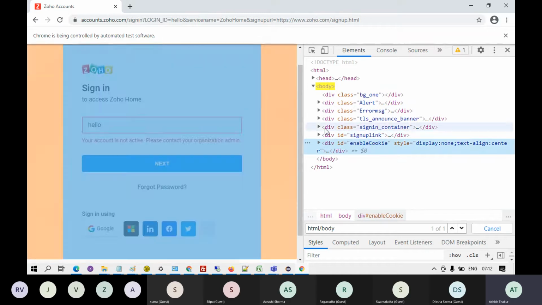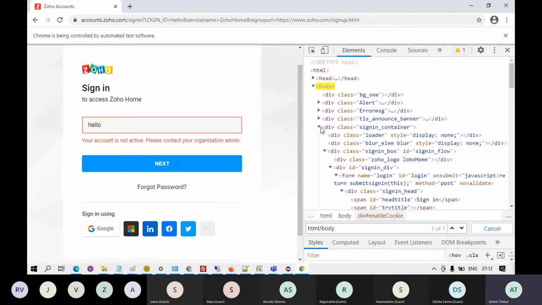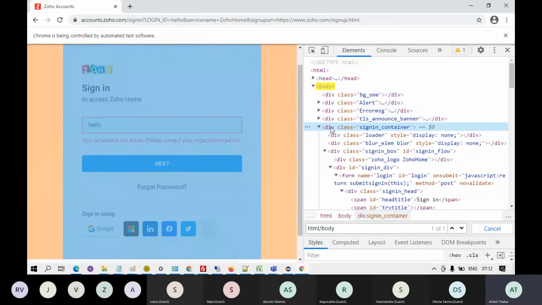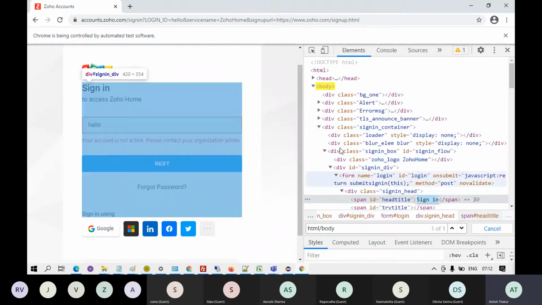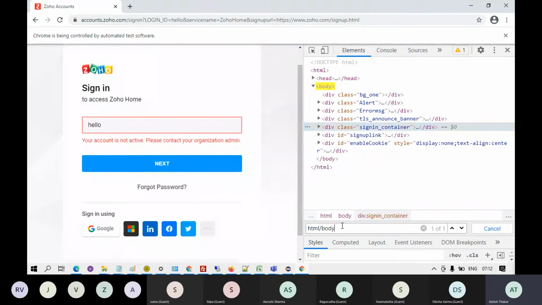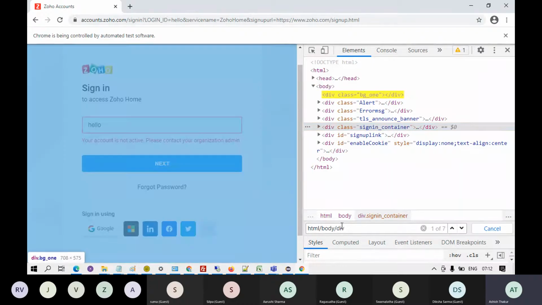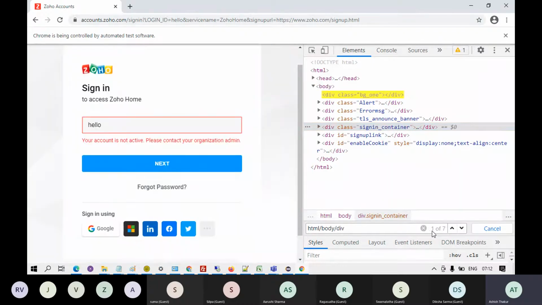Right. We want to go inside this particular division, which is 1, 2, 3, 4, fifth division. Okay, because the span, this element is somewhere inside the fifth division. If I write /div, it will say 1 out of 7 elements. That means there are 7 division tags under the body tag. You are right now on the first one.